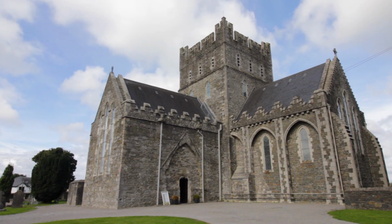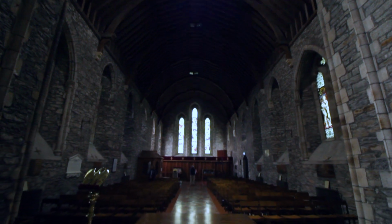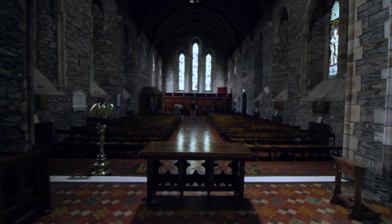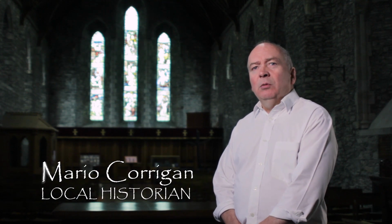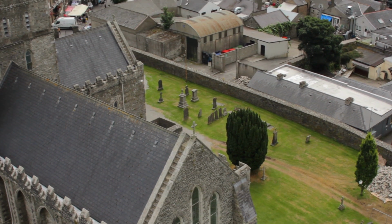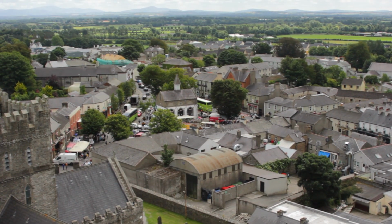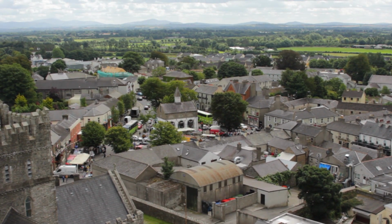We're in St. Bridget's Cathedral, which dates back to 1223 AD. What we're looking at today, I suppose, is a refurb that was done at the end of the 19th century. It was reopened in 1896, but the original cathedral was built here by the Normans in 1223. So they come to Kildare essentially because it's still a very important religious foundation, which dates back to the late